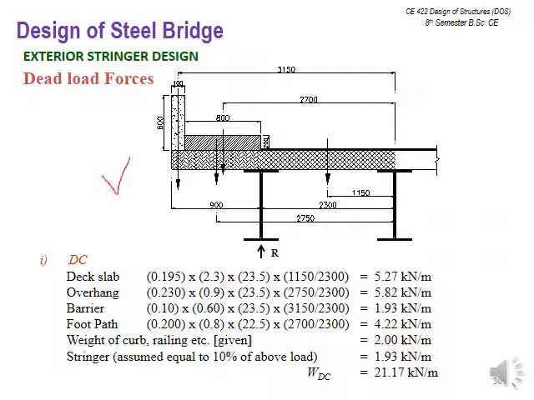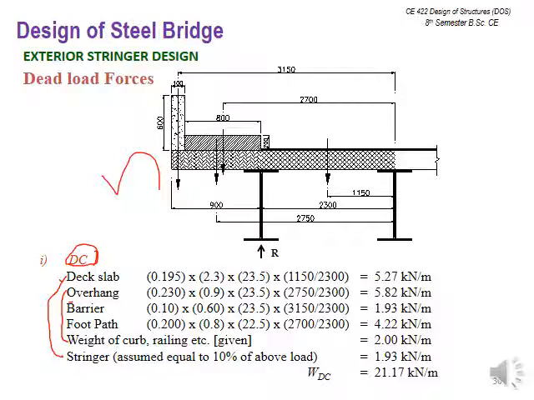Now that is going to give you almost the same figure diagram, in which for the exterior stringer we have to calculate the dead load forces. Here the components are increased as compared to example 9.1. The deck slab remains the same. I mean for the DC part, previously it was only 2 components, deck slab and the stringer, these 2, first and last. But here in between, now for the exterior stringer, those are increased.